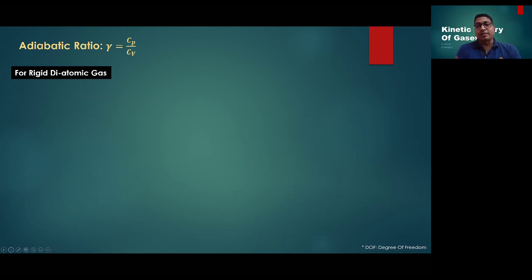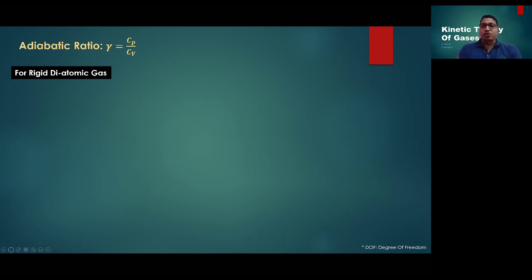We saw that in diatomic gas we are having two kinds of diatomic gas. One is rigid, one is non-rigid. When I say rigid, it means the temperature is low. At lower temperature, most of the diatomic gases behave as a rigid diatomic gas. That means the bonding between them is very strong. But the moment we increase the temperature, that bond weakens in its strength, and as a result they start vibrating. Okay, their bond becomes a little bit weak.